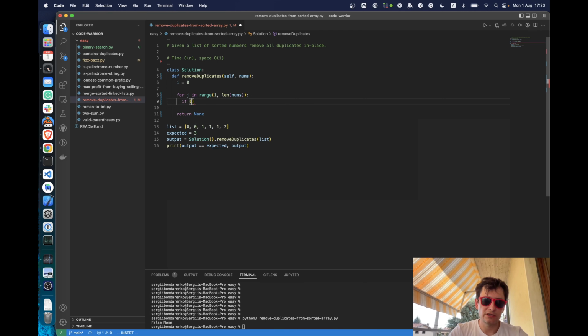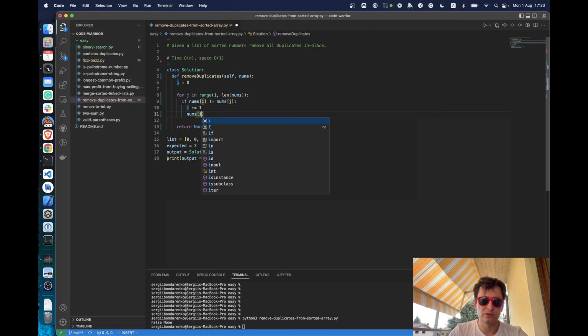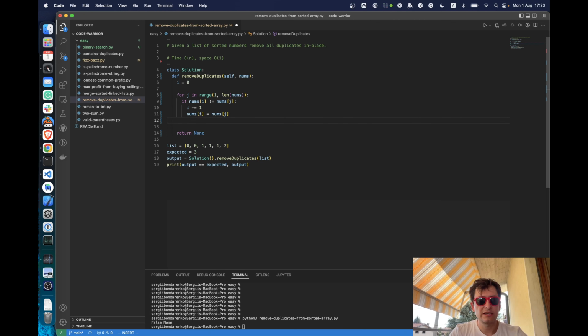If nums I is not nums J, we want to increment I, and we want to assign the nums J value to the index I. Okay, that's it. And in the end we want to return